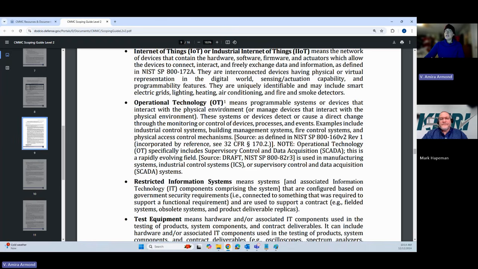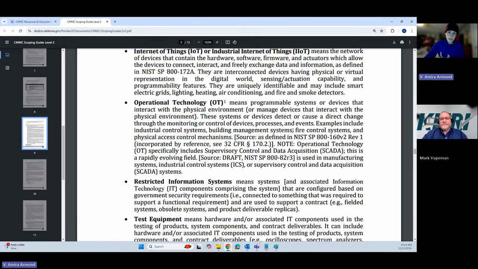Operational technology are systems or devices that interact with the physical environment, or they manage devices that interact with the physical environment. So examples are building management systems.